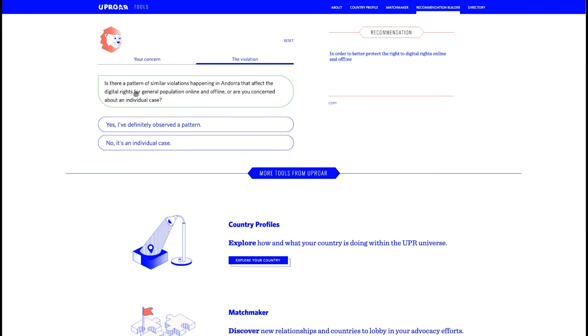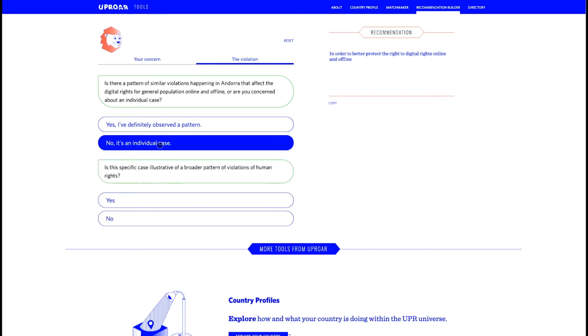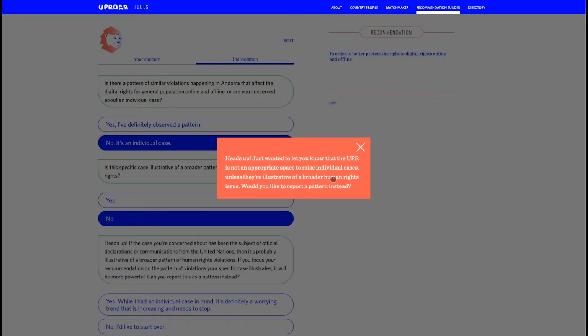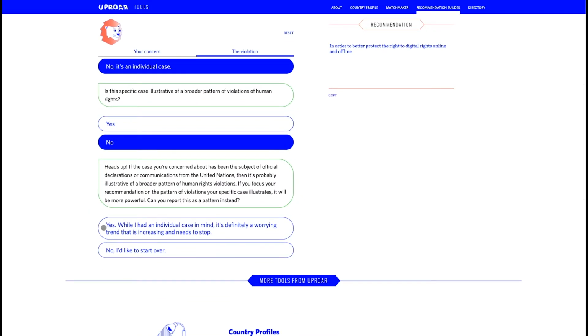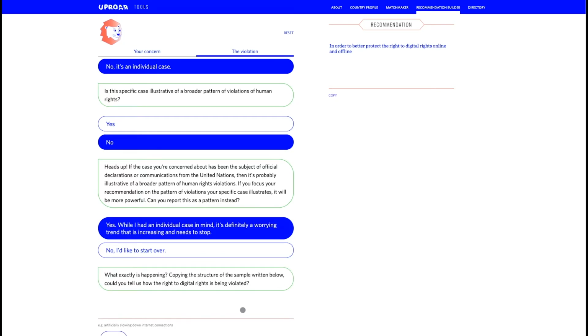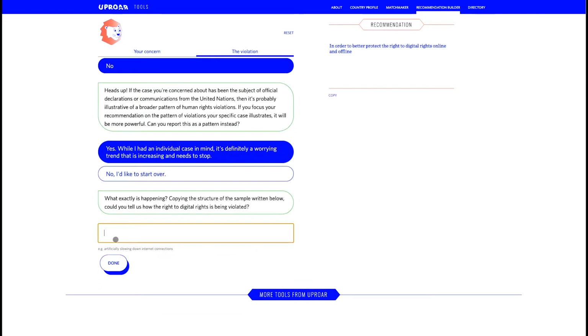So first I'm asked if there's a pattern of similar violations happening in Andorra that affect the digital rights of the general population online or offline, or if it's about an individual case. Now, if I select that it's about an individual case, I'll be informed that the Universal Periodic Review is not an appropriate space to raise individual cases unless they're illustrative of a broader pattern of human rights violations. So I can then say, well, that's fine, I can report that as a pattern, and I can say here